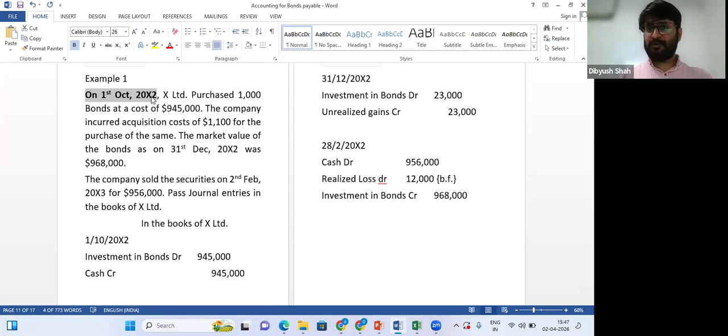So on 1st of October 2002, X Limited purchased 1000 bonds at a cost of $945,000. So on 1st of October, X Limited, a company, purchased 1000 bonds and the cost was